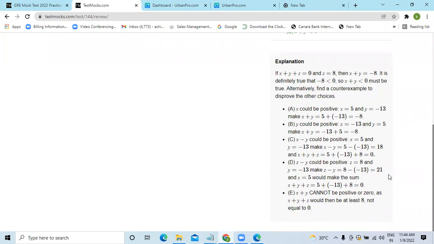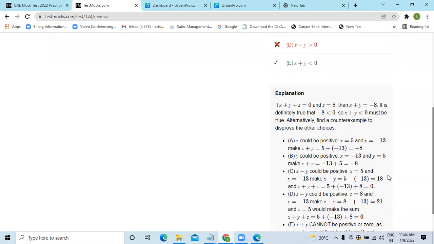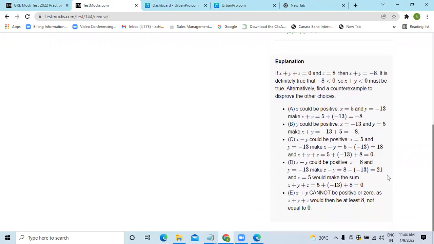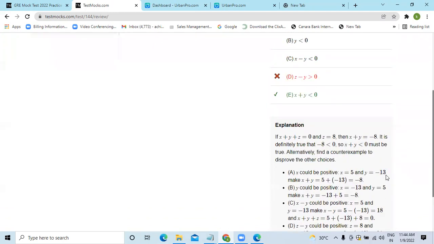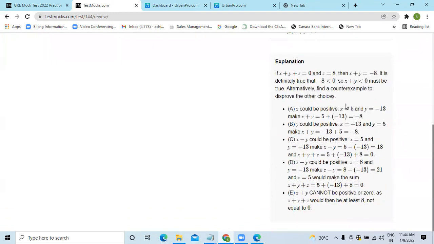Yes. Okay. Yeah, I got a little bit confused in this one. So x plus y should be less than 0. Okay. Right? Yeah. So you can see all the various possibilities. You can take any possible values like this. I was debating between the two options, the x plus y and this one. So these problems get a little bit tricky, and you should be very careful in answering such kind of questions. When they give you x plus y plus z is equal to 0, and especially z is equal to 8, you have to be very, very careful in answering these kind of questions.